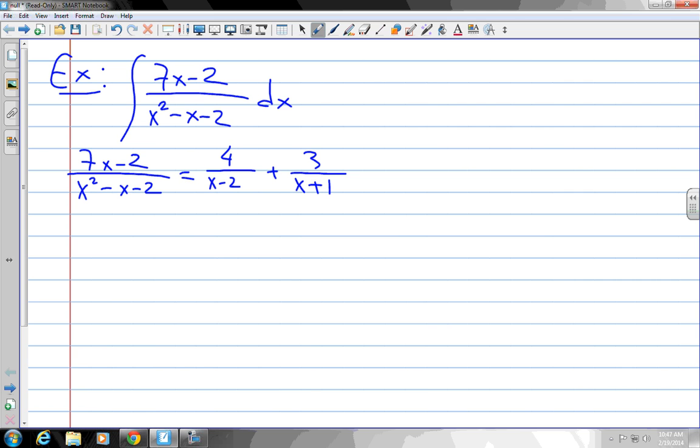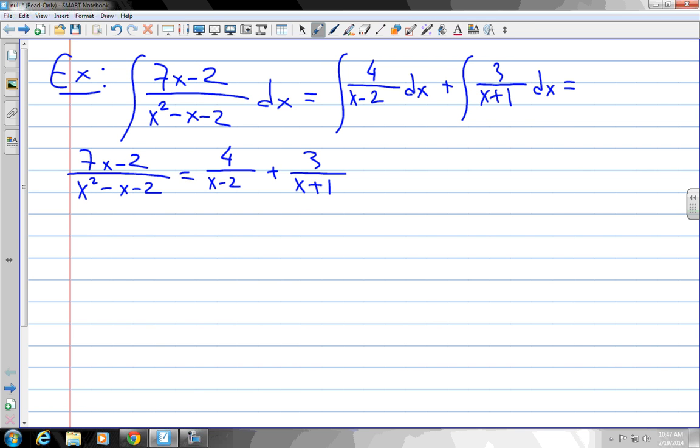Would that make our life easier as far as computing this integral? If instead of integrating that function, I think about integrating this one too,